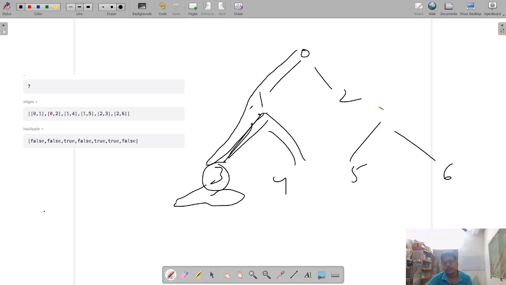Again it will look for this child, and there is no other child in 4, so it will come back to 1. So my call is coming back to 1. I mean it's my last visited child. If it has an apple, I will update my answer again as plus 2, this one plus this one. So from here